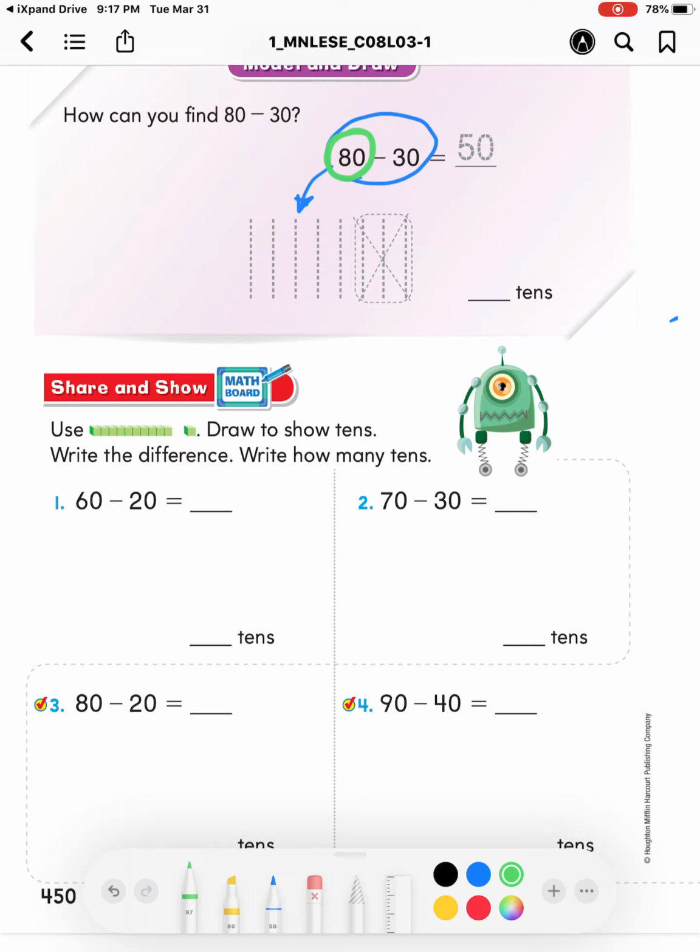And they draw how many lines? 8 lines, of course, because here we have 8 tenths. So we can find 8 lines. 1, 2, 3, 4, 5, 6, 7, and 8. Now, how many tenths are we going to take away? You can see it here in the number sentence. We are going to take away 30, which means 3 tenths. So we are going to cross or put an X to show the 3 tenths